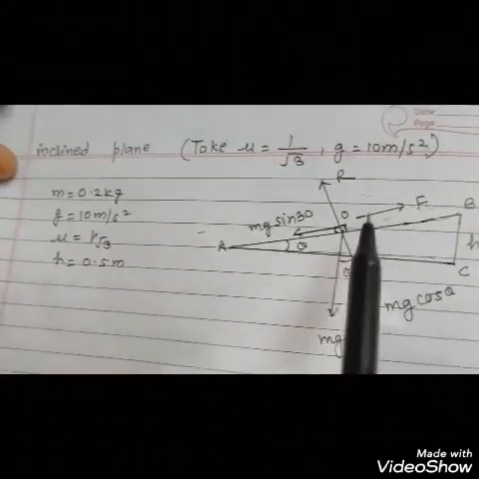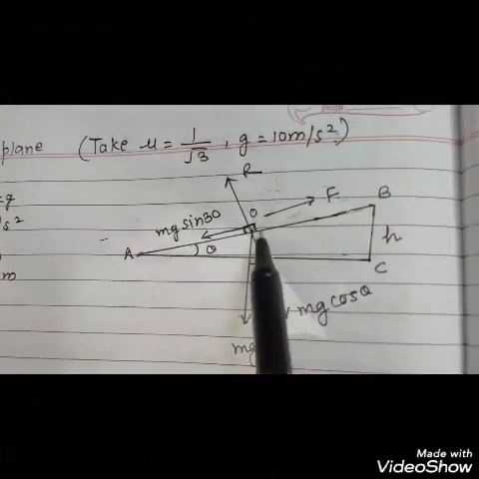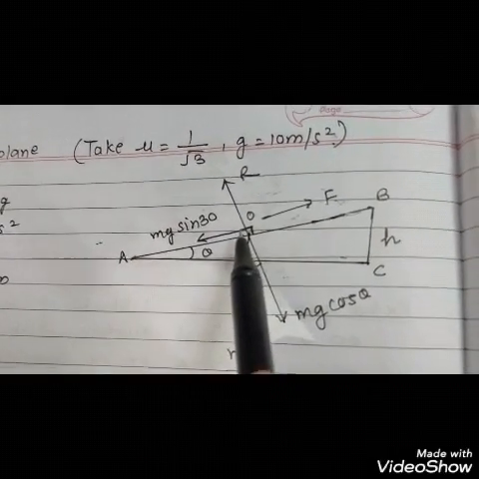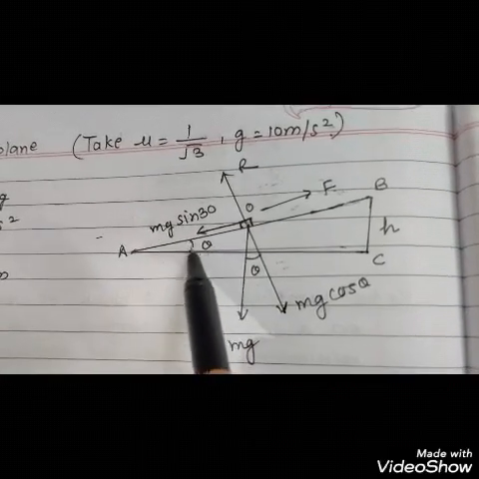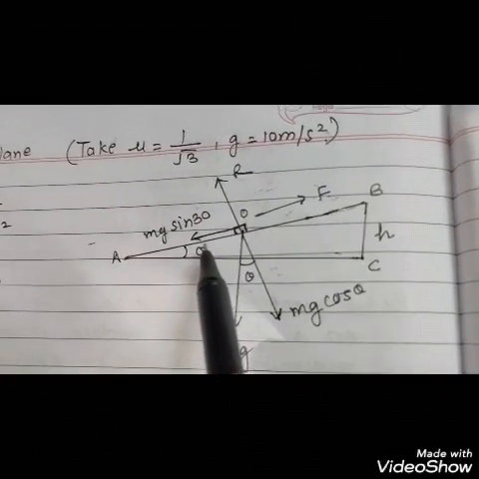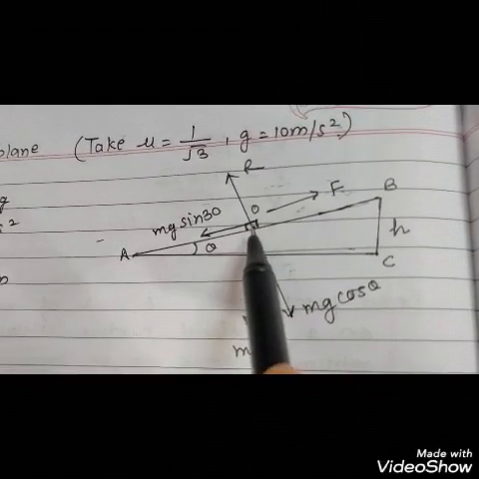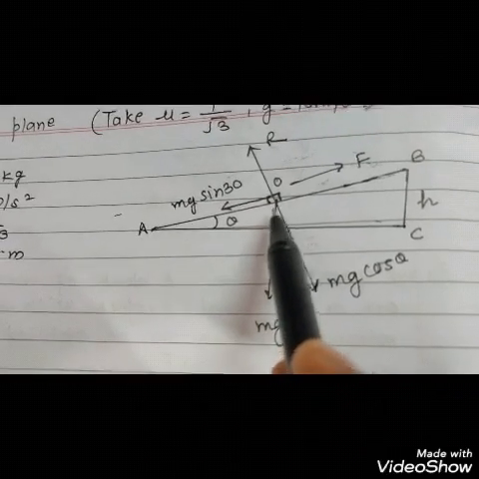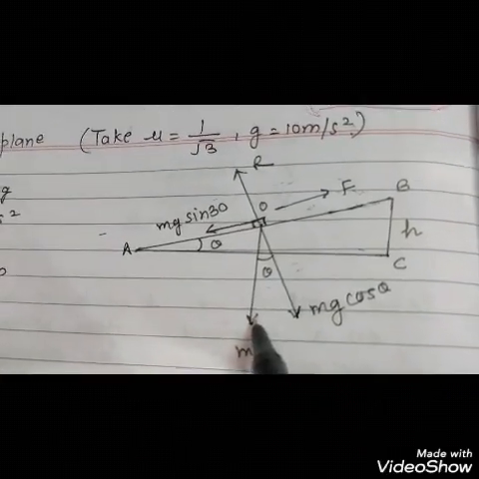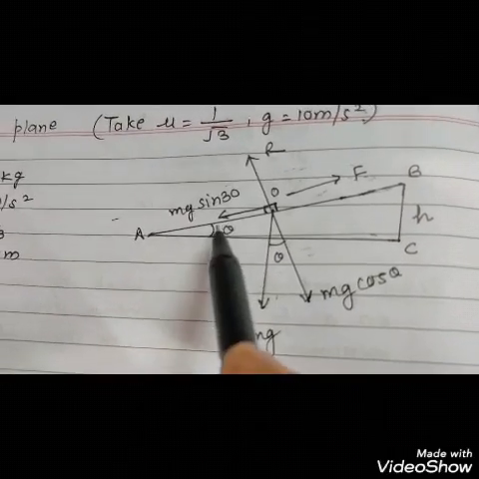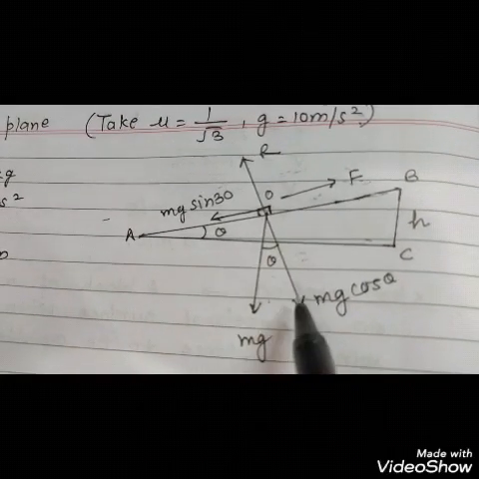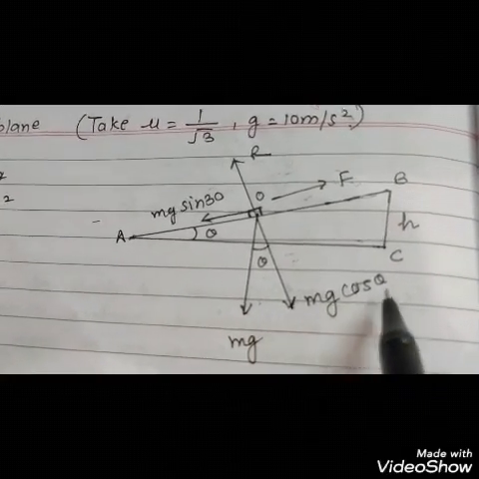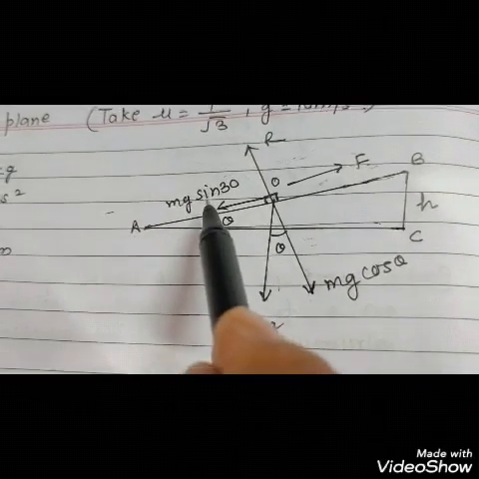So first of all you will look at the figure here. This is a block of mass 0.2 kg and it is inclined with angle theta. This theta is 30 degree. So the forces which are working on this block are the weight of the body, mg, in the perpendicular downward direction. If the incline is theta, this angle must also be theta. So this mg can be resolved into two components, mg cos theta and mg sin theta.